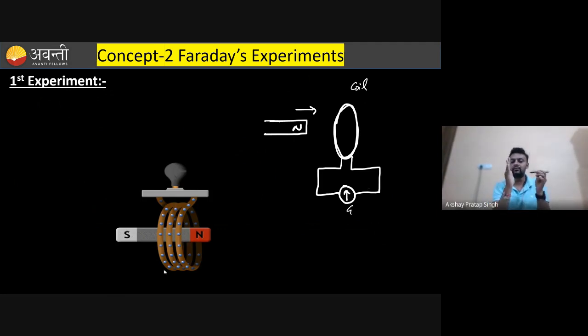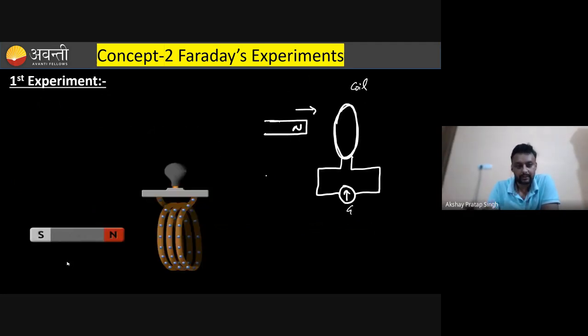When these two are moved together in the same direction with the same velocity, that means both are moving in the same direction with the same speed, no deflection was observed. And from this, he concluded, and the conclusion was very simple,